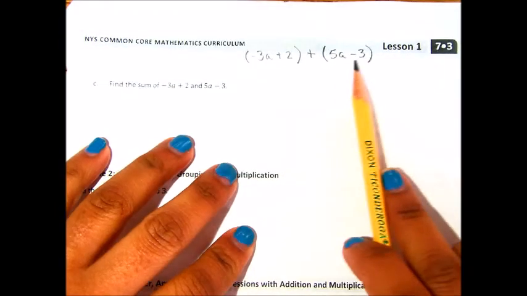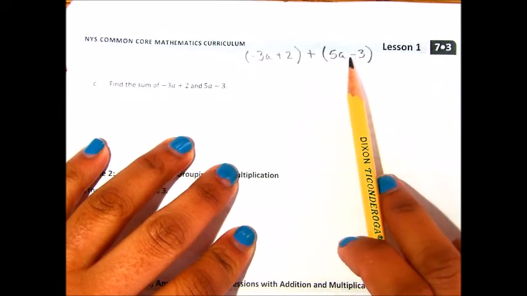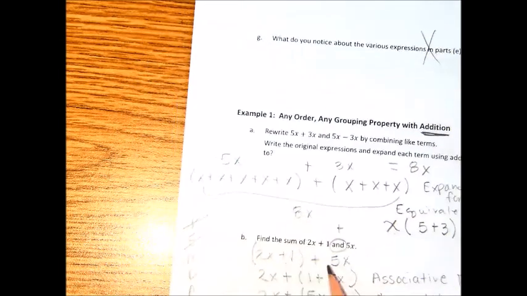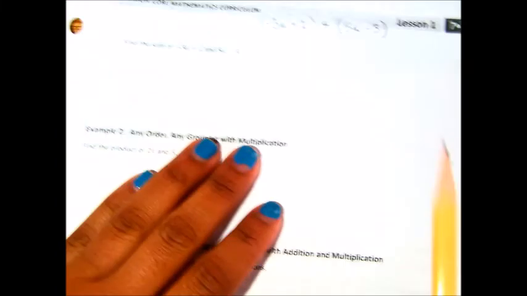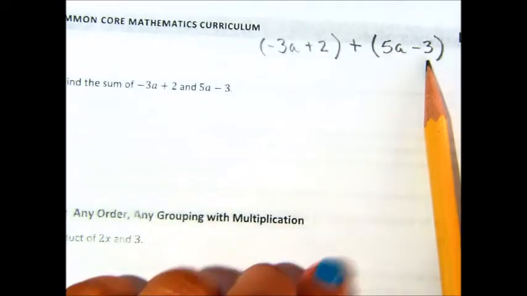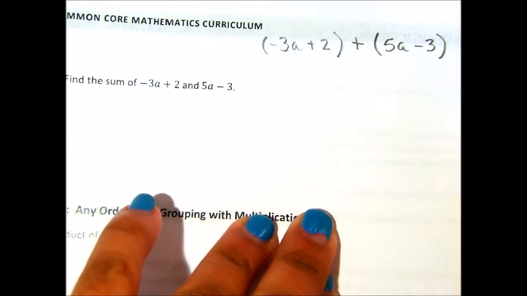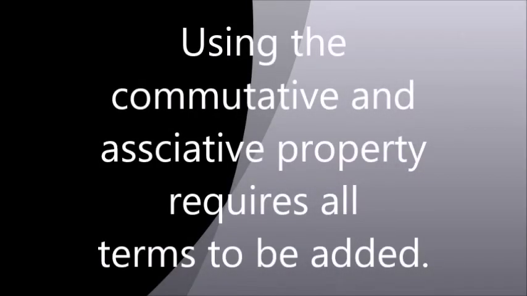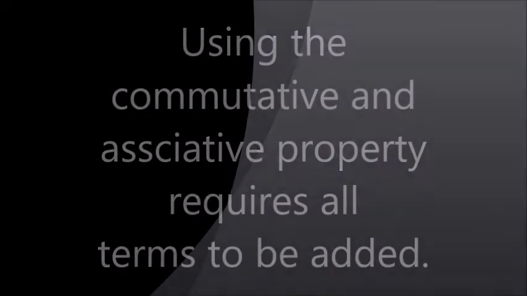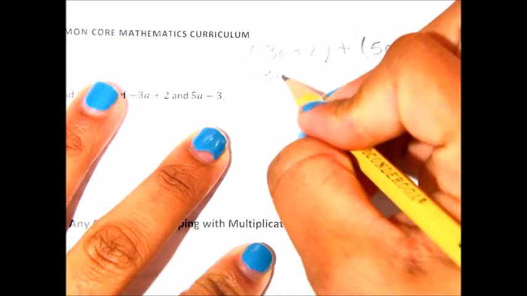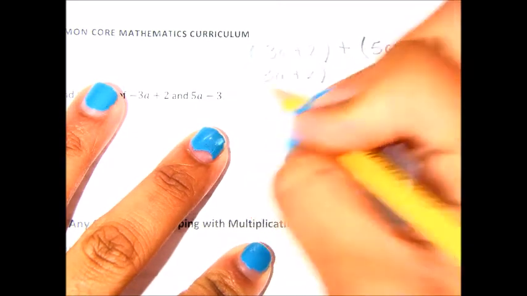I noticed that in my second expression, I am being asked to subtract 3. In the previous example, I was being asked to add my second expression. So because I'm being asked to subtract 3, I actually want to add the opposite. I'm going to use what's called the additive inverse. So rewritten, this problem would look like negative 3a plus 2